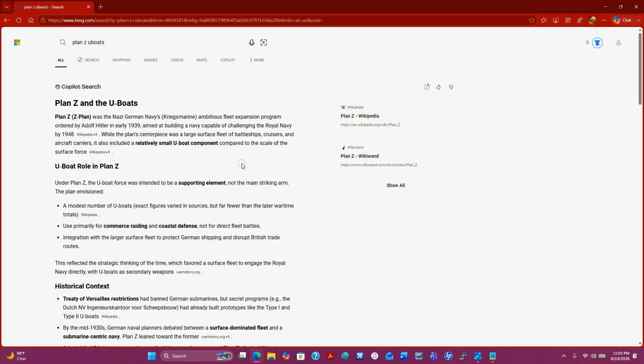There was a group who thought that the battleships, cruisers and aircraft carriers were more important, but Hitler himself thought the U-boat component was the most important, and really wanted to produce a massive amount of U-boats. One, because of their undetectability, and the fact that they were kind of independent,